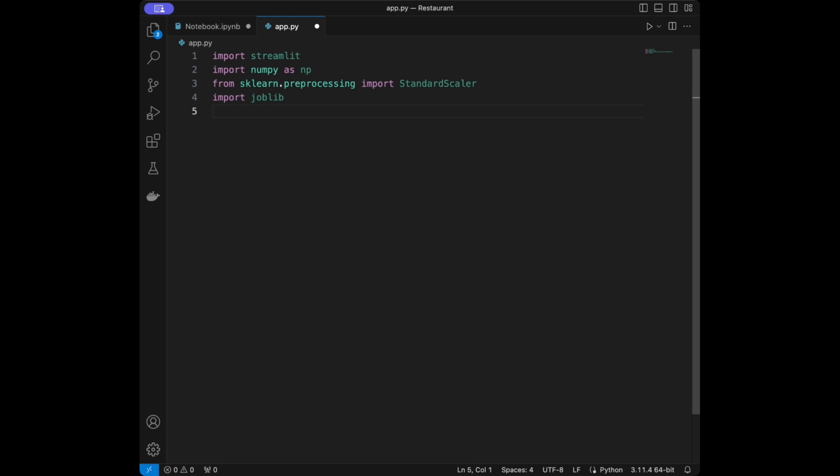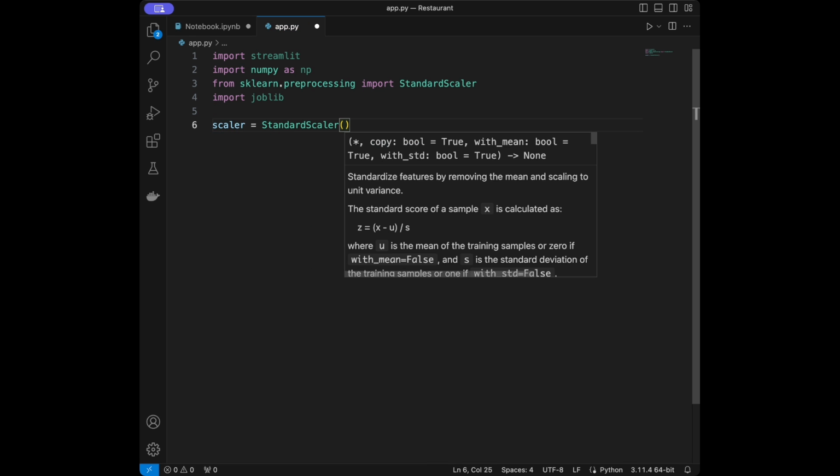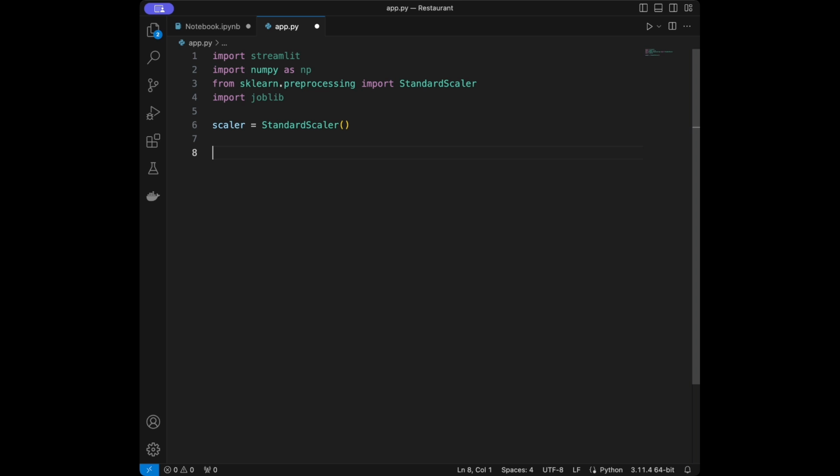At the first side, I think it's going to be enough. And at the first place, because I don't want to forget it, I will say scaler is going to be standard scaler, and I will do the scaling later on. What I'm going to do is say streamlit.title, and give the title. Actually, we need to import streamlit as st, then streamlit title, we can say